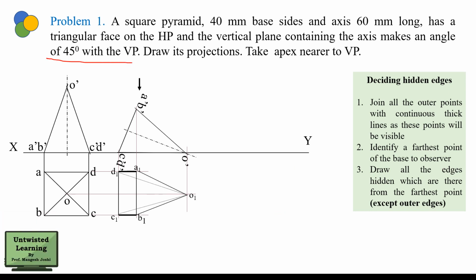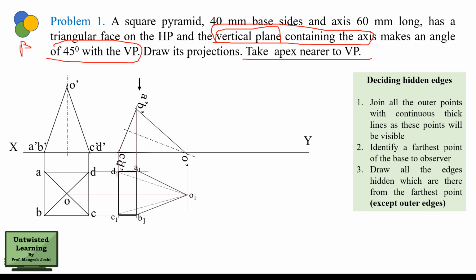So it is given to you. So always search whether the terminology vertical plane containing the axis is used, or horizontal plane containing the axis is used, so that is nothing but directly given to you as alpha or beta. So since in this case it is said vertical plane containing the axis, this will be termed as beta. Okay, and directly you have to redraw it with an inclination of 45 degrees. But again, one condition is given: take the apex nearer to VP.